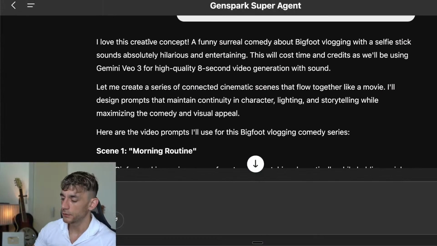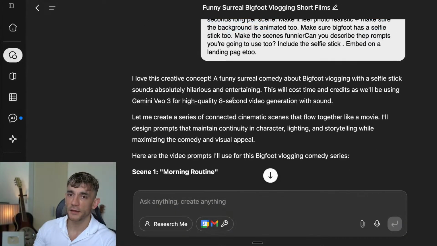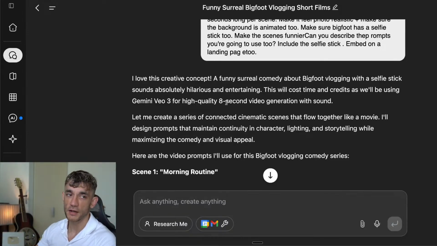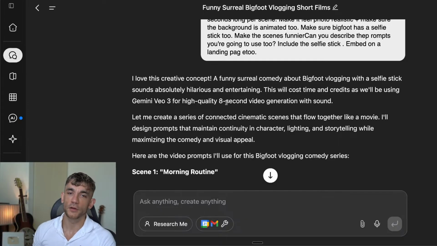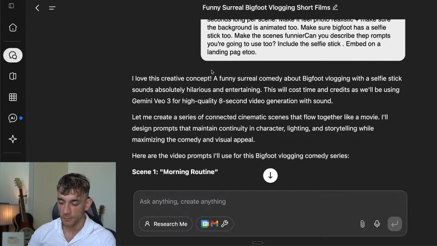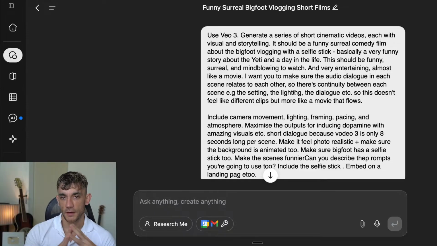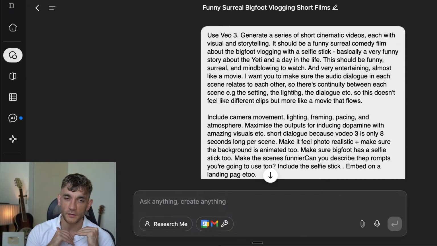Now, when you're doing this, you want to be careful because, to be 100% honest, GenSpark does have a limit on credits. What that means is you have to be really careful when you're generating stuff, because if you're not, you can rinse through credits, spend all your money, and not even realize it. And then before you know it, you've got to upgrade again, right? So if you're on a tight budget or you're trying to save money, what I would recommend is that when you're building this out, you just generate the prompts first, ask GenSpark to get you to approve them, and then create the videos, but create the scenes one by one.